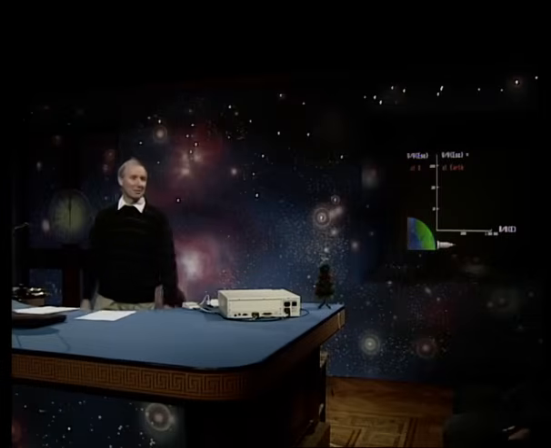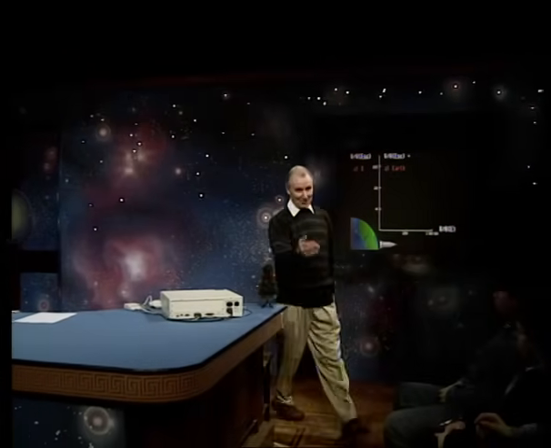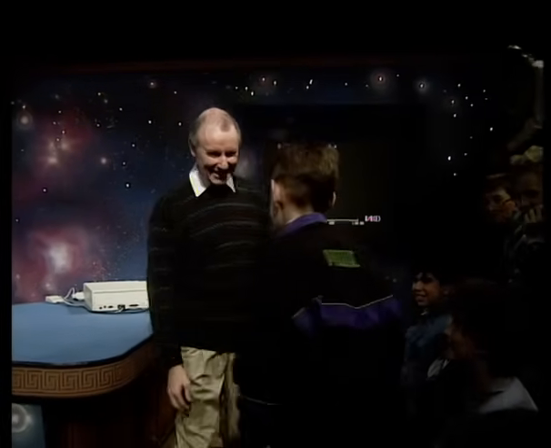Now, we want to go back to this idea of the escape velocity again and ask what the velocity of the universe is relative to its escape velocity. And I'm going to do this by a computer simulation, and I need another real computer expert from the audience. Who would like to help me this time? Right. Would you like to come and help me? What's your name? Daniel. Hi, Daniel.